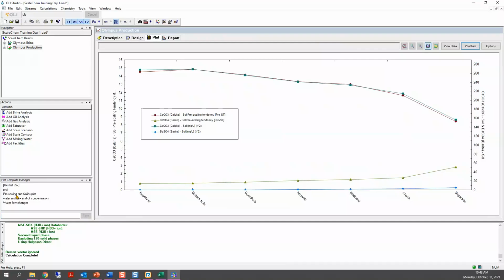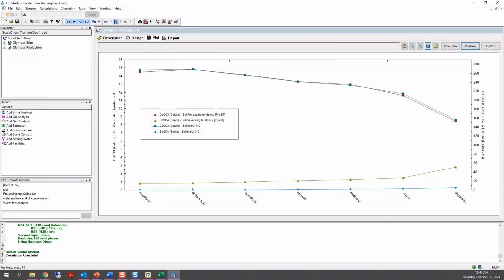I hope that now you could get that plot. Perfect. I already saved the wrong version, so now I have to give it a different name. Right. Yeah, you can play with that. It's just to show the options that you have in the software specifically for the plot template manager. So that we will have more opportunities to play with this.